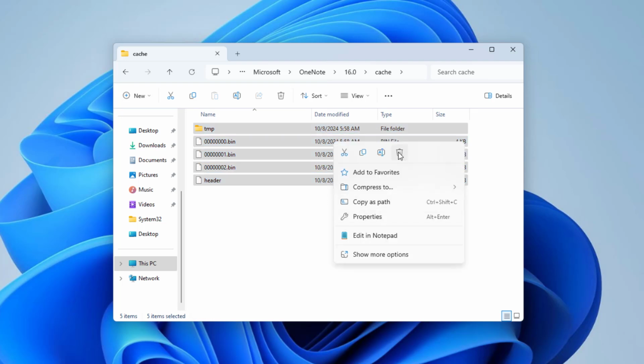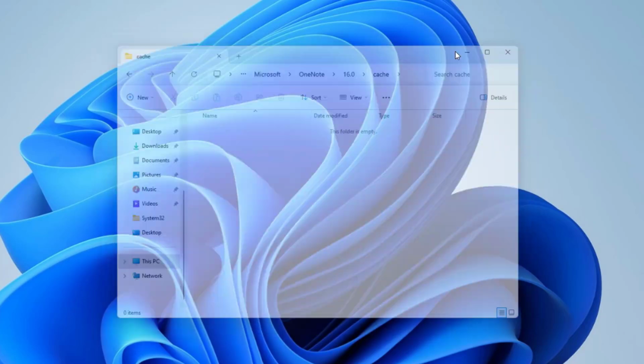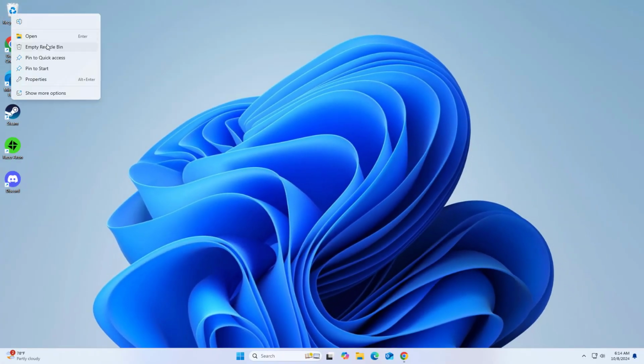Restart OneNote and try syncing again. If that didn't work,